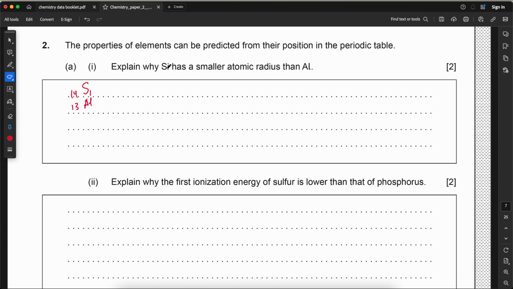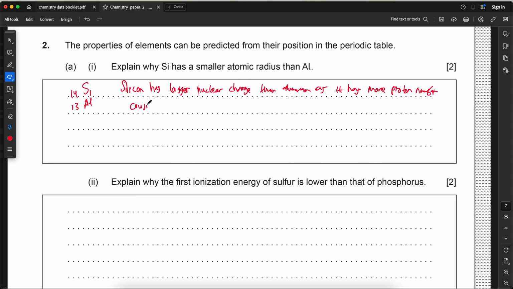So why silicon has a smaller atomic radius than aluminum? Because silicon has bigger nuclear charge than aluminum, as it has more proton number,